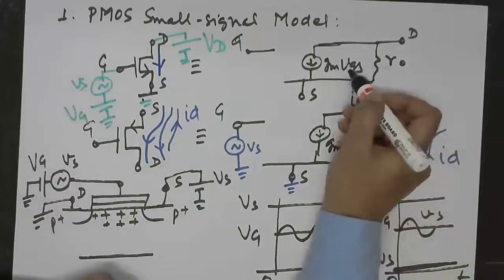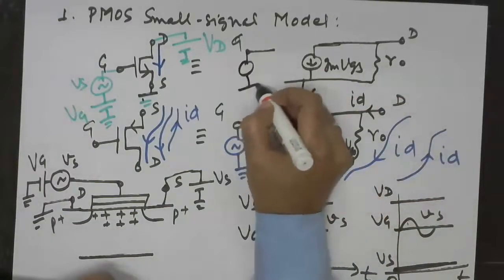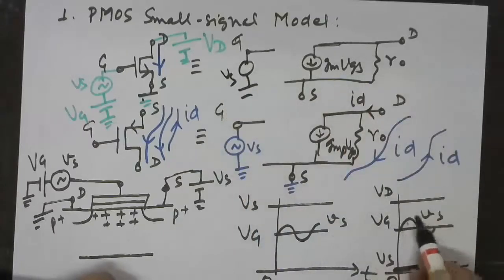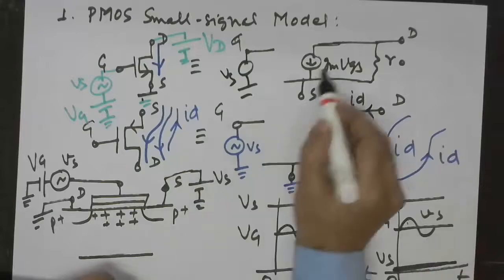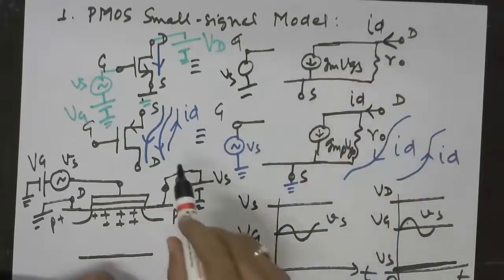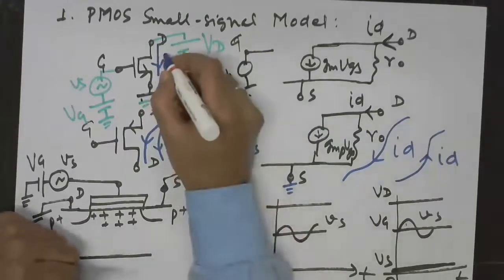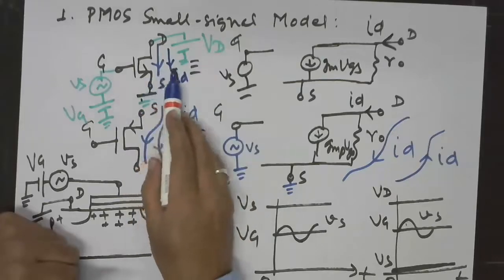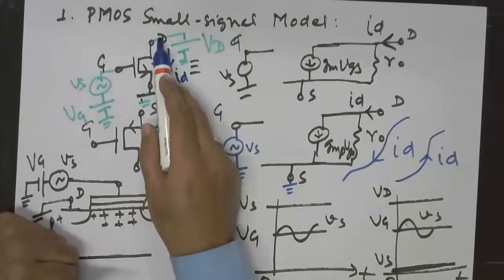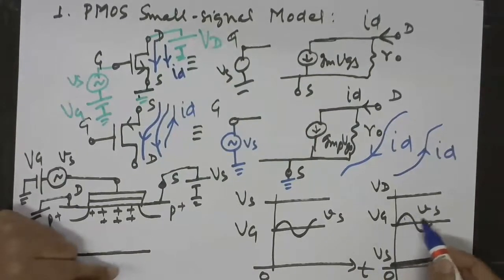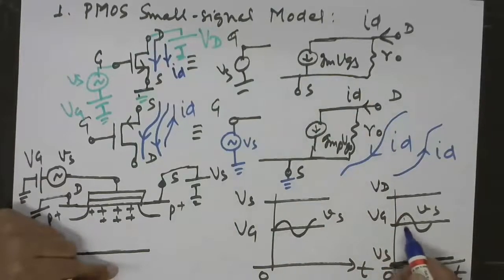So because of the DC, the drain current is going to be like this, and because of the AC, we see that AC model predicts that time varying current during the positive half of the time varying Vs is going to be directed from drain to source. So in this case, we see that both the DC and the AC current, they are in the same direction. That means there will be net more drain current from drain to source for NMOS over the first half cycle of the Vs. So this works fine for the first half.